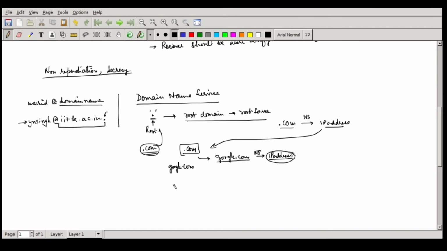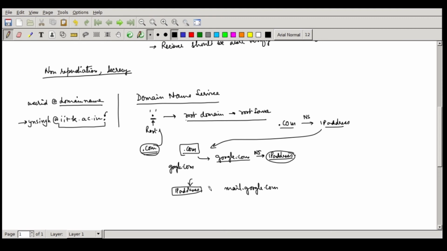So whenever Google is going to change this machine, if for example Google changes this IP address, it has to go again to this registrar of .com and make a change here. But anything which is inside Google, for example you have some mail.google.com, for this Google need not go to this registrar, it already has a registrar for google.com.